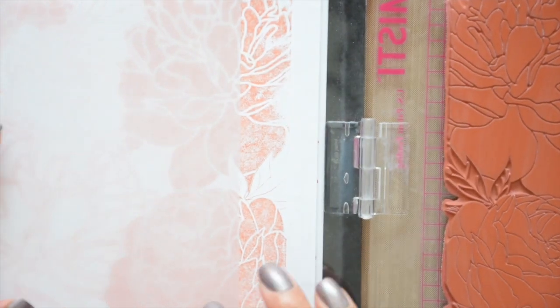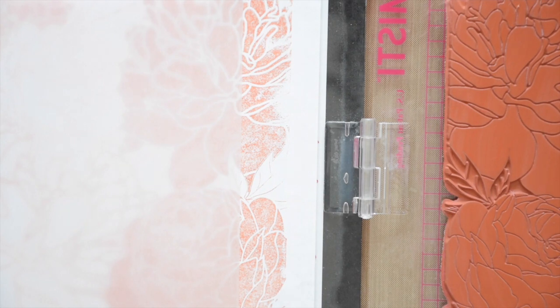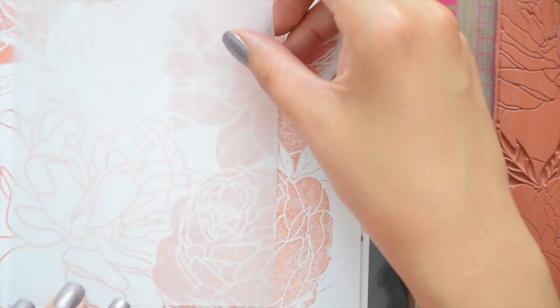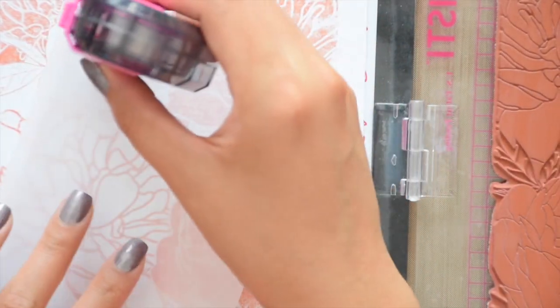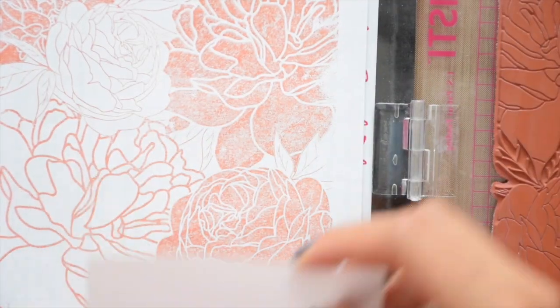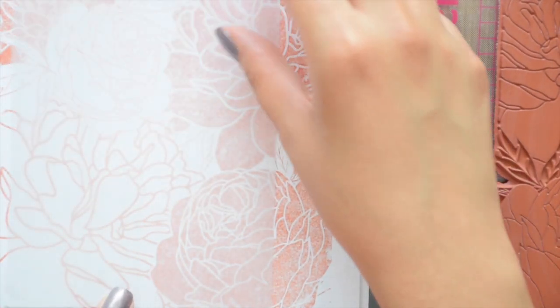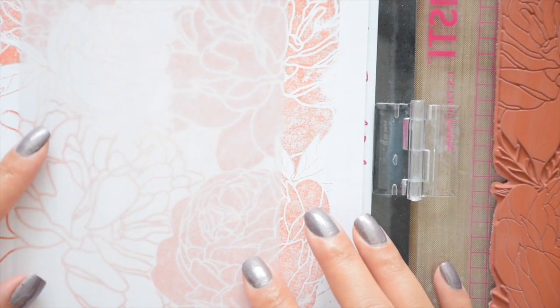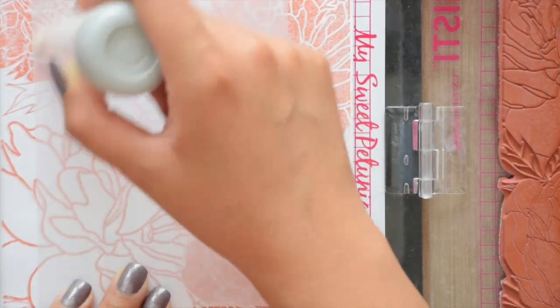I've pre-cut some vellum. I'm using Ellen Hutson's 40-pound vellum. I've cut it down to 4 1/4 by 5.5 inches, and I'm placing it over the stamped image to see what part of the stamp I want on my vellum. I'm going to adhere the vellum onto my guide, and I place the adhesive on both top corners of my vellum